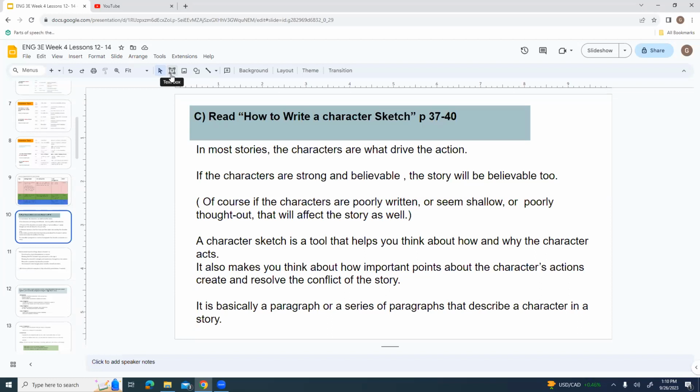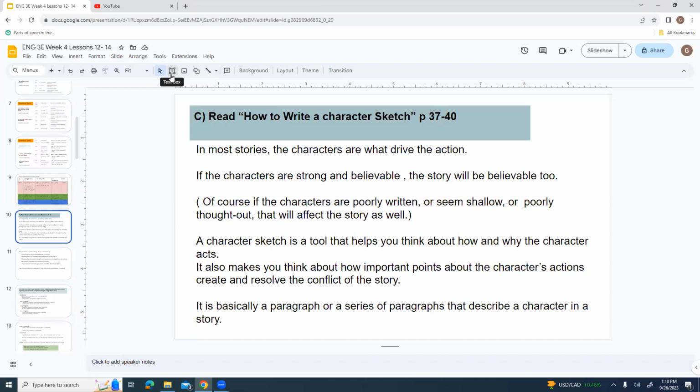A character sketch is a tool that helps you think about how and why the character acts. It also makes you think about how important points about the character's actions create and resolve the conflict of the story. It is basically a paragraph or a series of paragraphs that describe a character in a story.